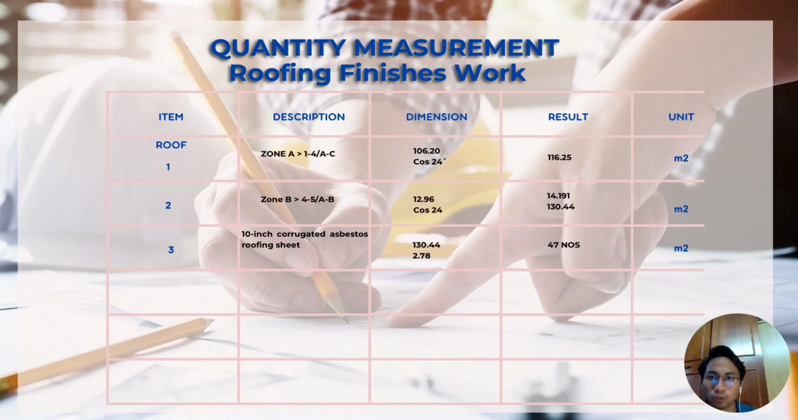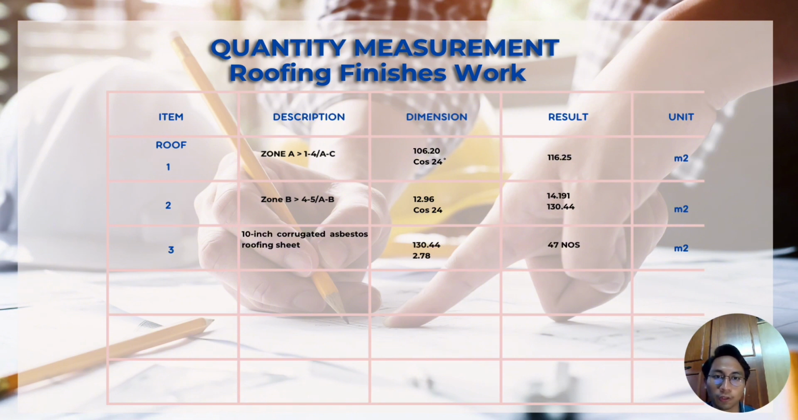Next, we move into the quantity measurement for roofing finishing work. The first one is for zone A. The dimension for zone A is 106.20 cos 24 degree. So we got the area of the roof for zone A is 116.25 meter square. So for zone B, we got the dimension of the roof is